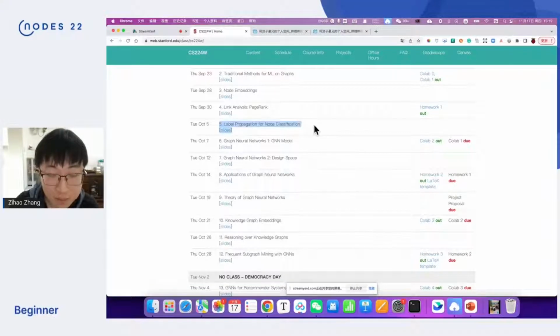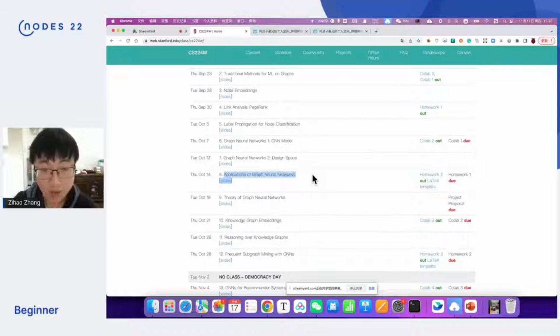From lecture 5, the teacher introduces GNN, graph neural networks, and it also tells us some ideas, some design architecture in graph neural networks, and also applications of graph neural networks.